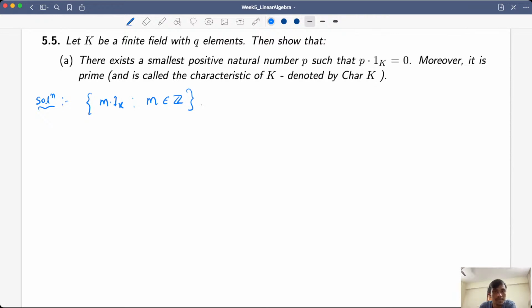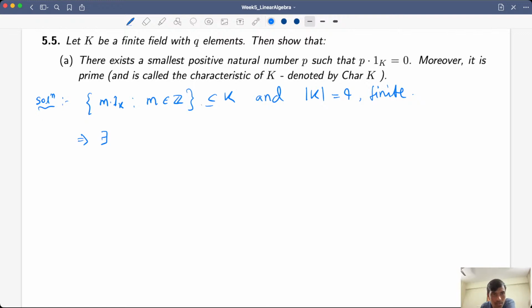Okay, so this is clearly a subset of K, right? Because K is a field, so this is closed under addition. I am doing all the addition here. So this is a subset of K, and K is finite, and |K| is Q, finite. But Z is infinite, this seems infinite, but that cannot be, since it is a subset. So I must have